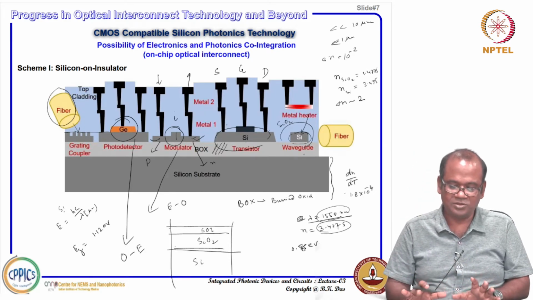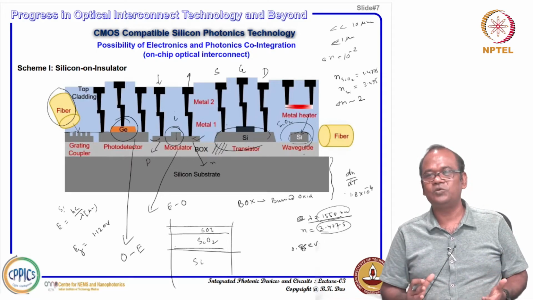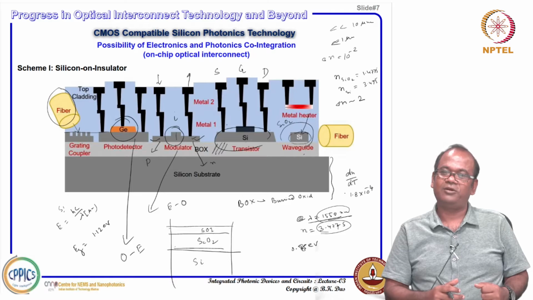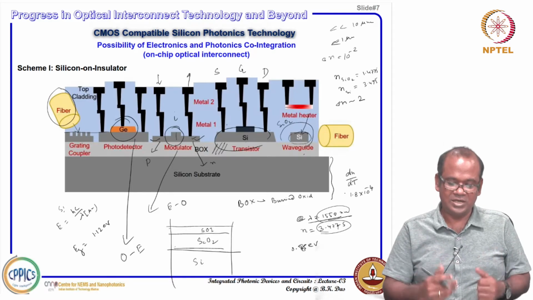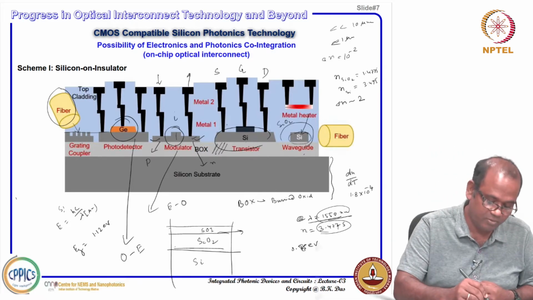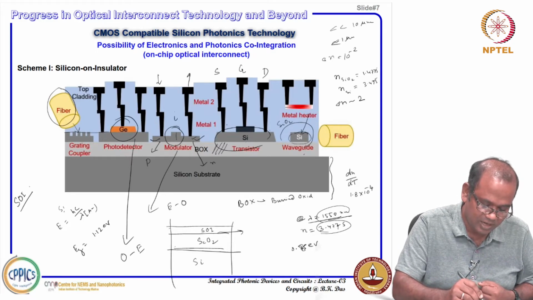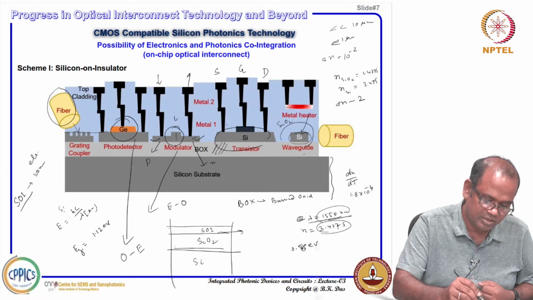Okay. So, that means the strategy is clear: if you have a silicon on insulator, where you normally use your electronic devices, the device layer, so-called SOI, silicon on insulator. This top layer is called the device layer, and its thickness, for electronics purpose, is in the order of 100 nanometer, and for photonics,